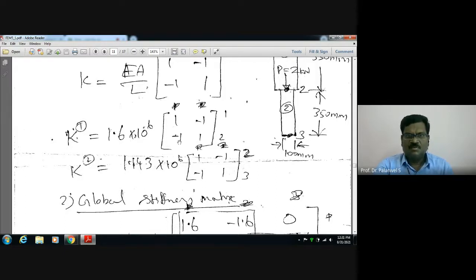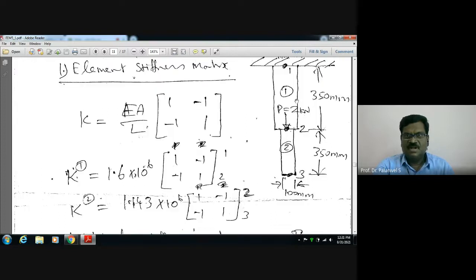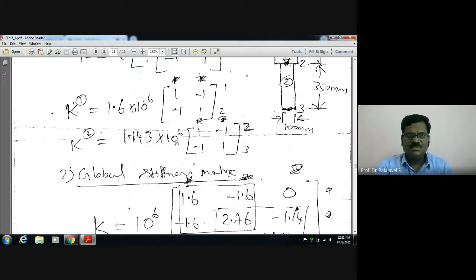And you write the degrees of freedom for element 1: degrees of freedom 1 and 2. Write down 1 2 on both sides, and then K2. The element stiffness matrix we have written for a prismatic bar is AE by L into [1 -1; -1 1], with degrees of freedom 2 3. You have to write these with arrows. The reference is not properly written, so I advise you to write down 1 2 with an arrow, and for the second element 2 3 with an arrow. Just draw the arrow and write down the degrees of freedom.